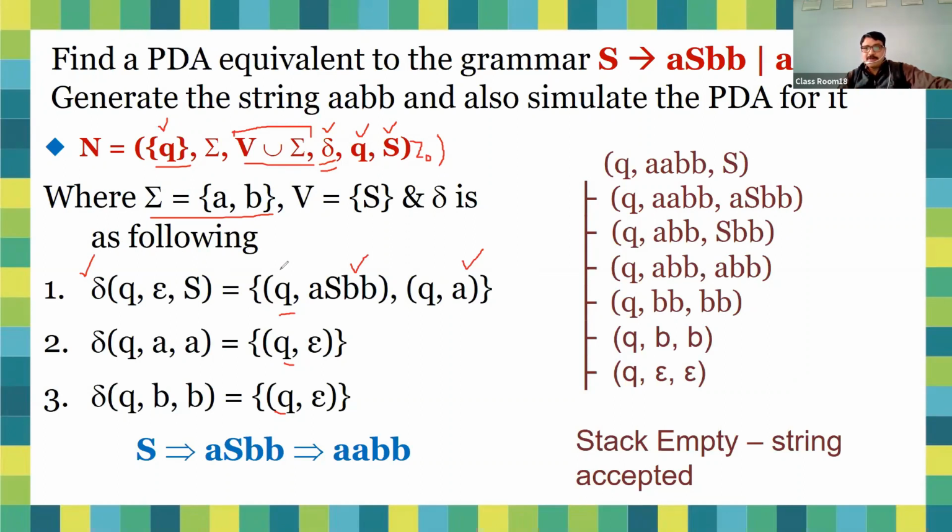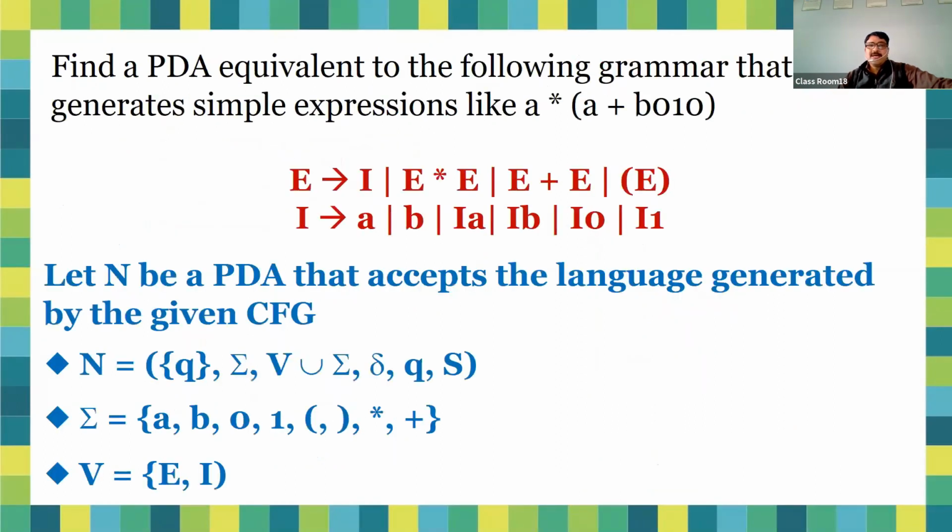So this is the simple way to convert a context-free grammar into a PDA, or simply find the PDA equivalence of the context-free grammar. So I think it is clear to all. If anyone has any problem, then you can discuss with me. Now,